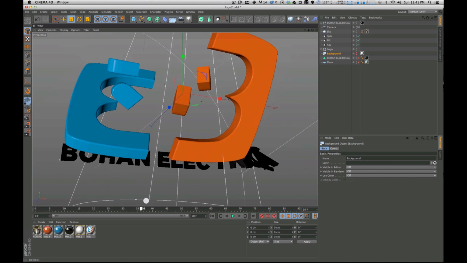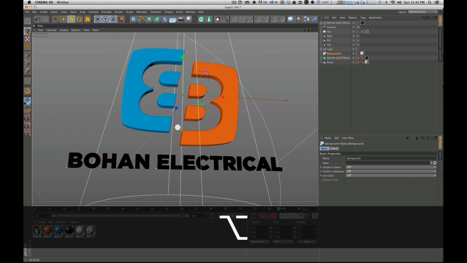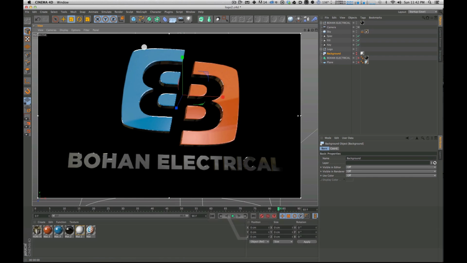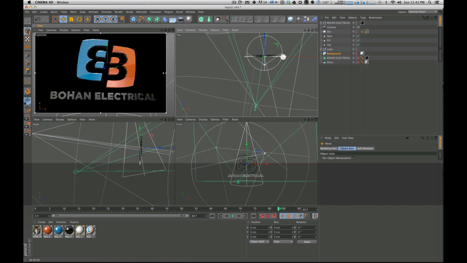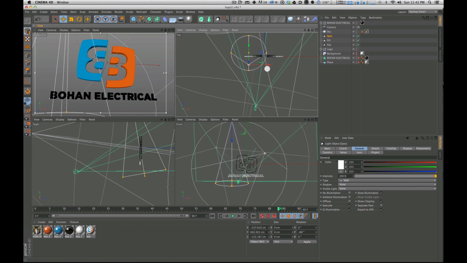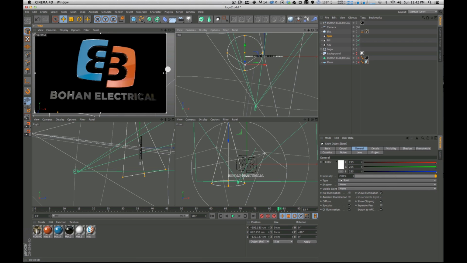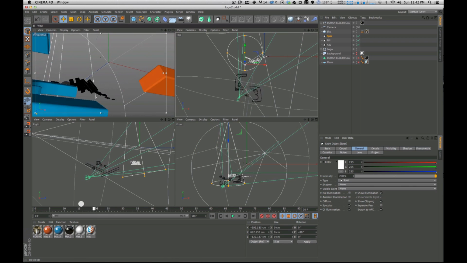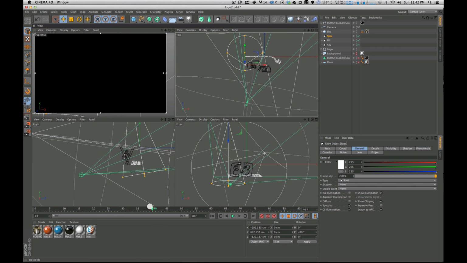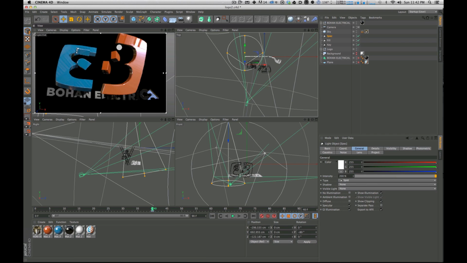And the one thing that I do want to do, you remember that specular light that we put on before? That's straight ahead. If you hit Alt-R, you can see that it's hitting right here on the left side. I'm going to go to top view, and I'm going to move the specular light to the left. I'm going to keep going. Let's see. I'm going to have it start at the edge right here of Bohan. And I'm going to go back to frame, let's see, what's a good frame? Let's say 40. And keyframe specular at 40, because that's going to start your specular over here on the left,